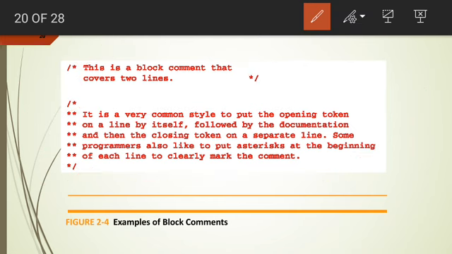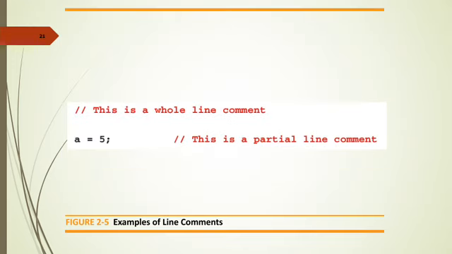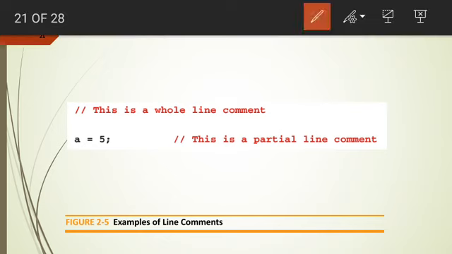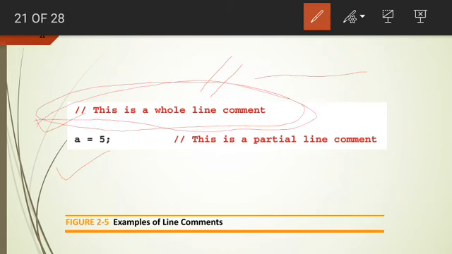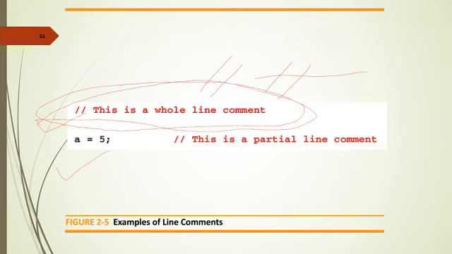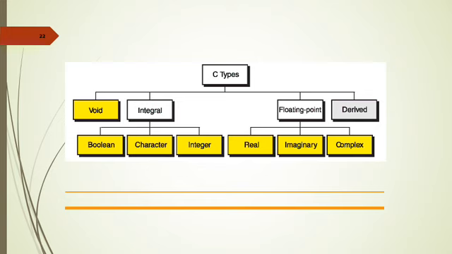Talking with this point next, we will take the next comment, that is the single line comment. It may happen that you have to apply only a single line, not a multiple line comment. Then you have to apply only double / and write your message here. Suppose a is equal to 5, it is a variable, and if this is a whole line comment, then you can give the message starting with double slash. This is the difference between the single line and multi-line comment.